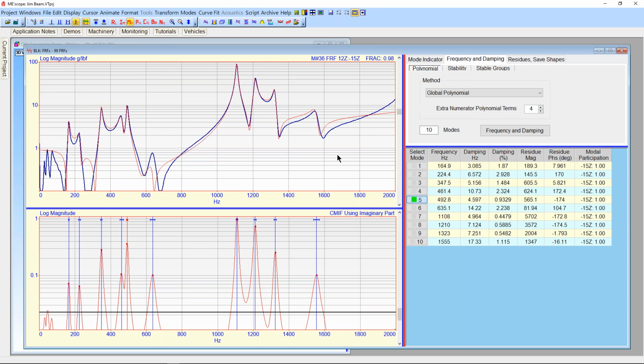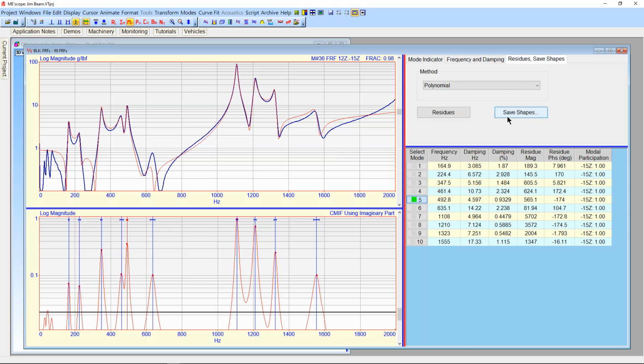So each of those, when we do the residue fit, each measurement had to be curve fit individually. We couldn't do a global fit of the measurements to get their residues. So when we save this data now, we go back over here to this tab that says save the shapes. What we're really saving as a shape are the residues for each of the individual measurements. Now remember that the measurements were,